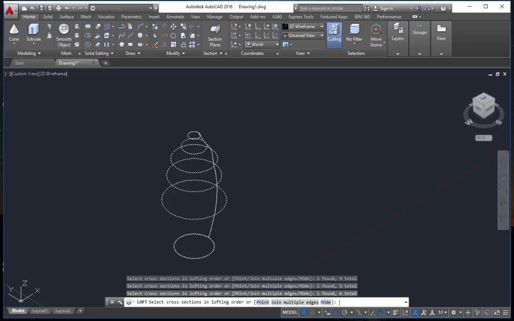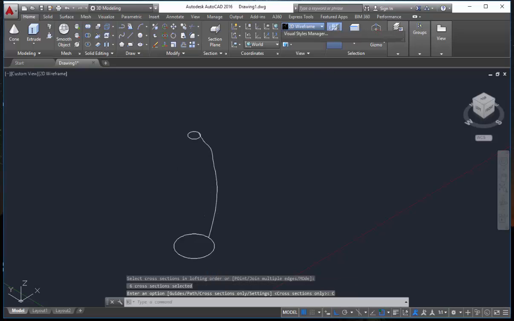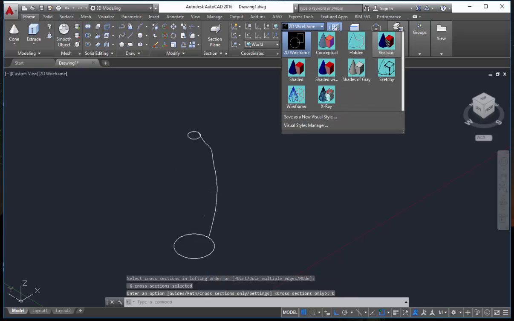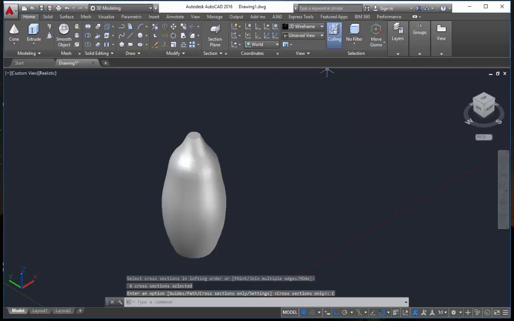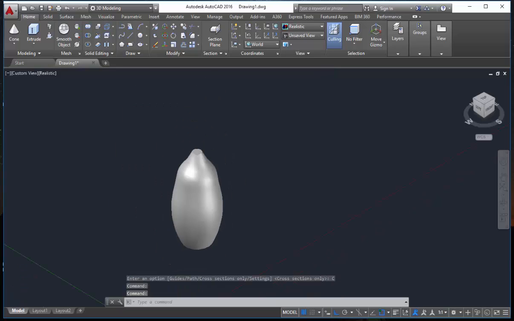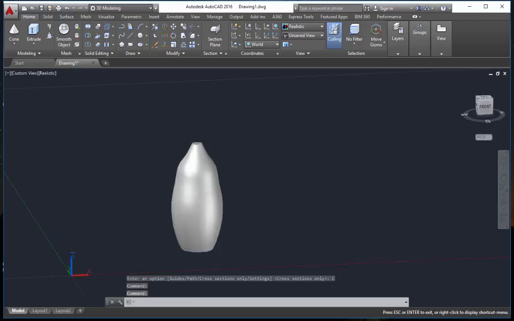Click enter and click on cross sections only. Now change the visual style to realistic. You can see it is not exactly like a vase but somewhat like a vase. So you can create an object somewhat like this.